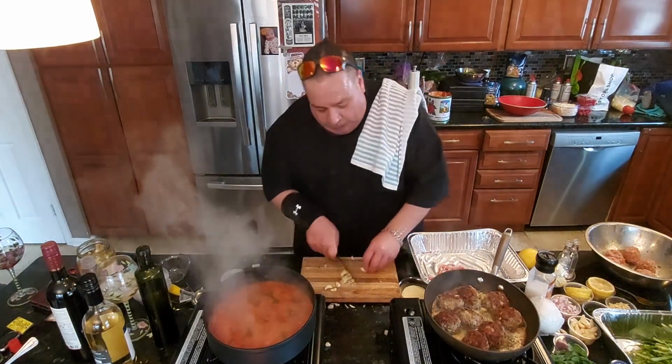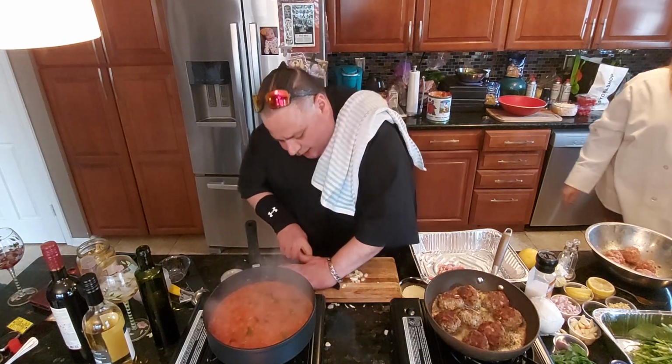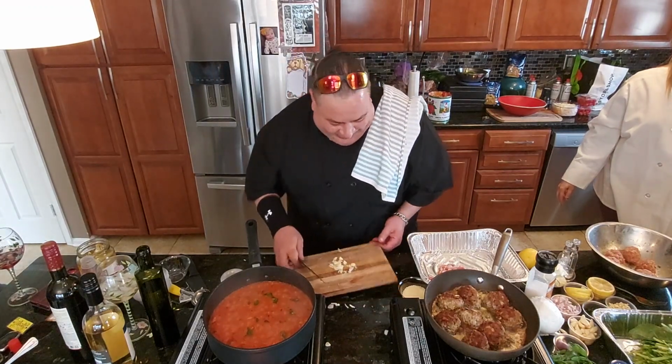Alright, so we got a little garlic chopped up. Again, take the thing. The thing with garlic too is, look, if you smush it like this, you're going to get a little bit of the oil out. If you go through with a nice sharp knife,